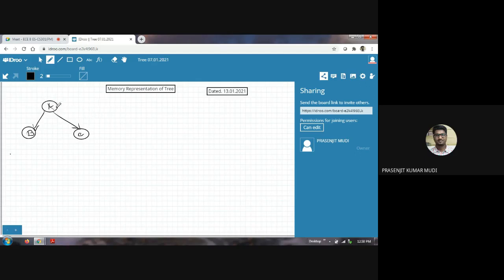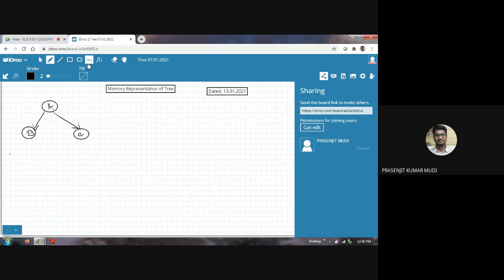Each of these nodes must have a value, the data part, where I can store its label, let's say capital A. And it must have two pointers. One pointer points towards its left child, and another points towards its right child.